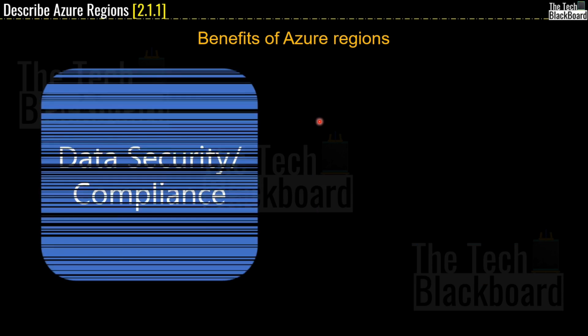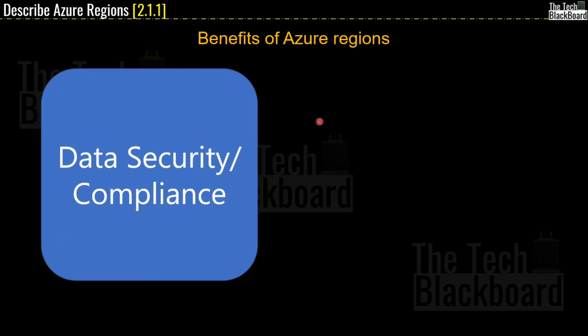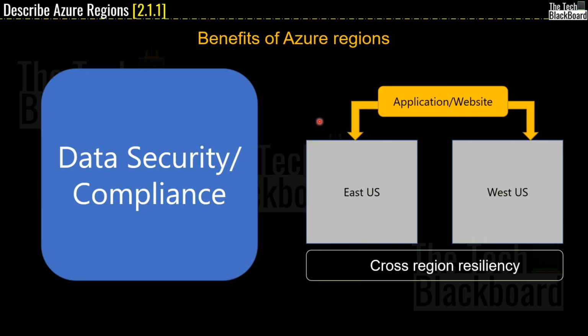A related benefit of Azure region is to provide data security to fulfill regulatory compliance. For example, you want to keep your data inside the boundaries of USA. In this case, you can deploy your application in two US regions, East US and West US. This way, you have not only built a highly resilient application, but also kept your data inside the boundaries of